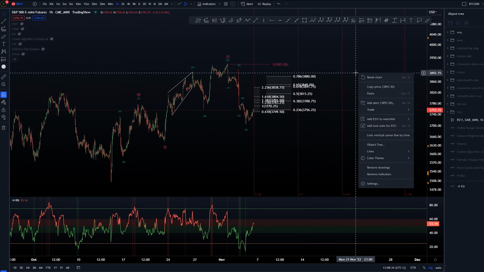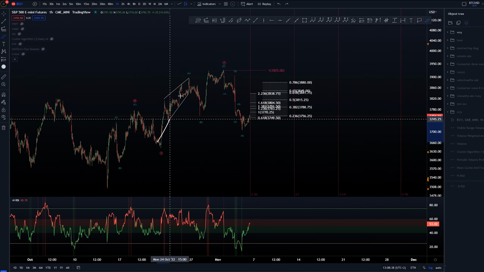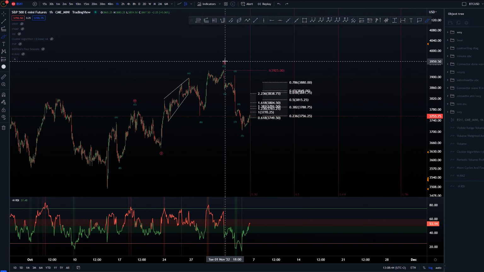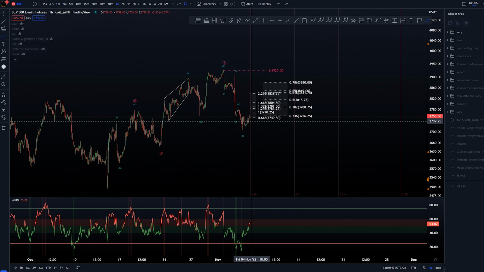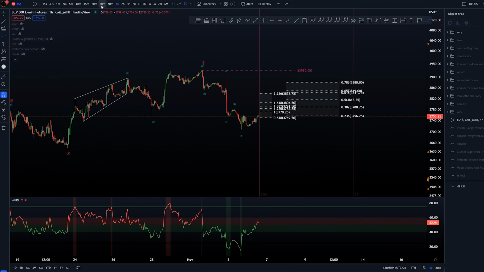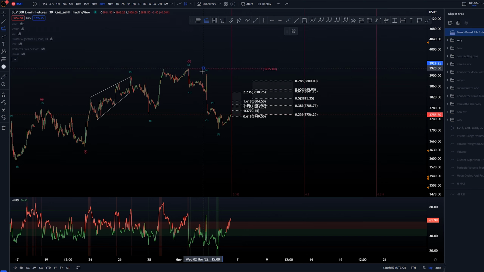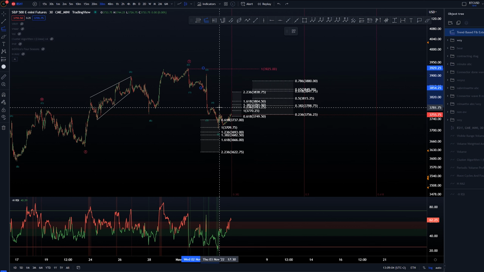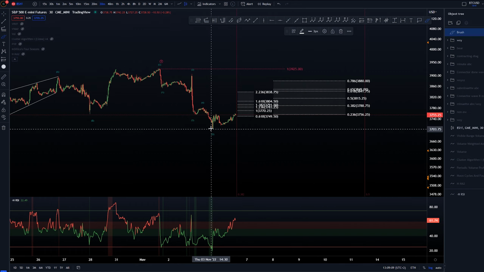So what we were looking at yesterday was this one, in which again we had this three-wave structure, three waves, and then A, B, and C, and getting to the one-to-one extension here for that wave Y. Now, after that point, we were looking at this as a 1, 2, 3, 4, and well, I think we were around here somewhere yesterday when I was creating that video, and we're expecting this last leg downwards. Again, generally you want to be looking for a target of 1-to-1 comparison to this first leg over here. So if we are doing that, we can see that we exactly hit the 1-to-1, and then we are rising